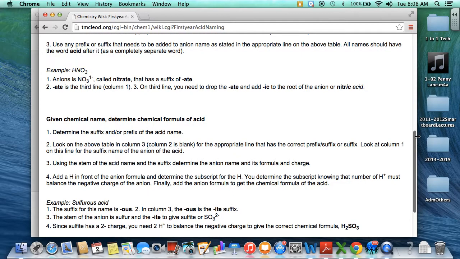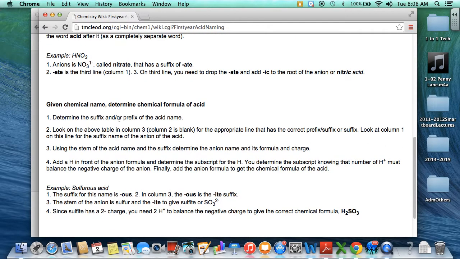Then the other way around is you have the chemical name. You need the anion chemical formula and charge, so you can create the anion name. Sorry, I'm doing this the wrong way. So if you have the chemical name,